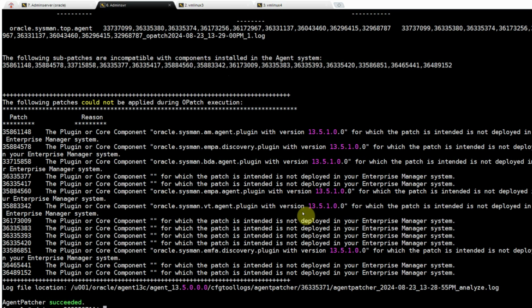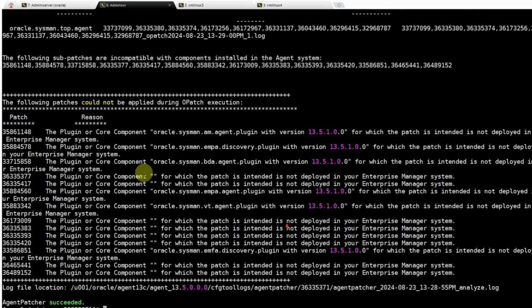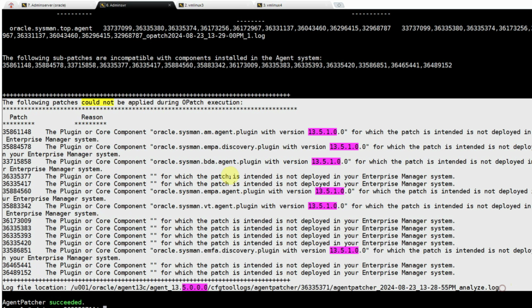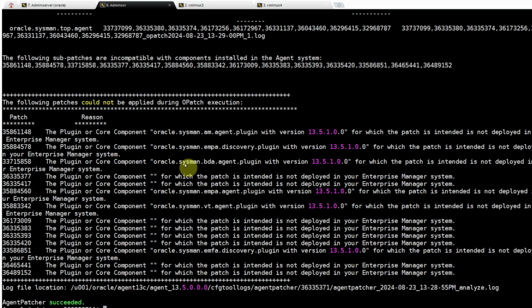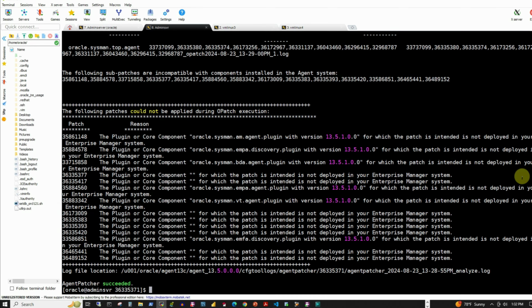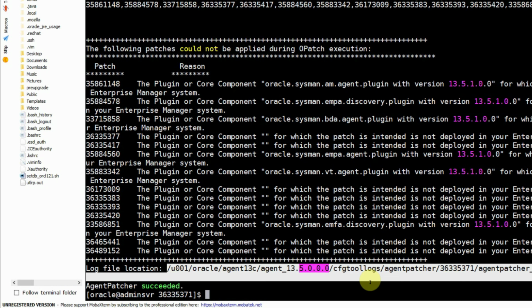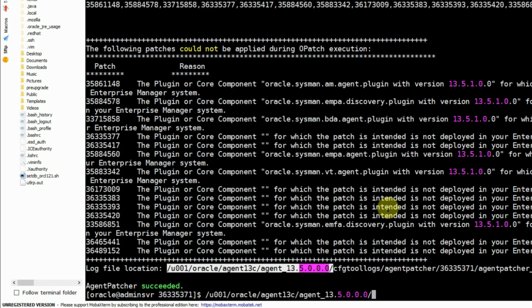And the apply analyze command has given the output where we can see that it has been successfully completed, except a few patches which cannot be applied because some of the core components are not yet deployed in our OEM system or the agents, so they are simply going to be skipped. But all we need to do is to take a look into the last message which says that agent patcher succeeded. Now we are going to actually apply the patch, and to do that, first we will have to shut down the agent. So we'll use the command under agent home bin directory emctl stop agent,